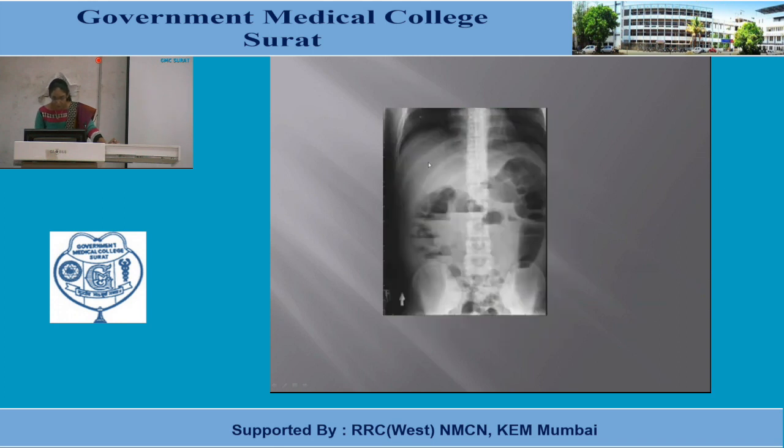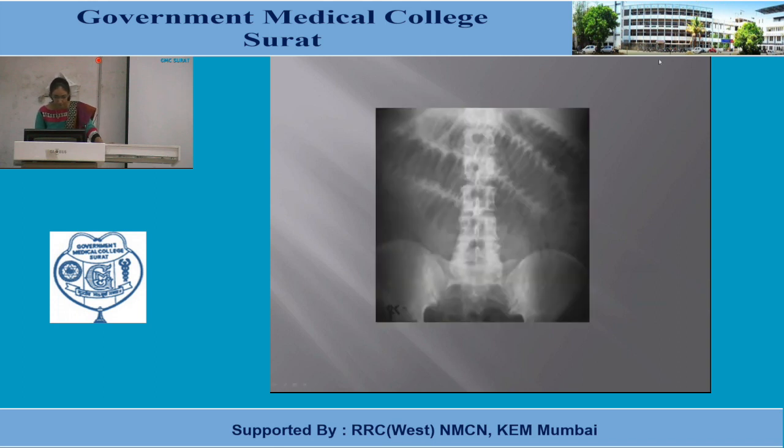This X-ray abdomen standing shows multiple air fluid levels within dilated large bowel loops. So this is mostly large bowel, and the possibility of large bowel obstruction is there. This is gas-filled jejunum, in which the characteristic sign of valvulae conniventes is present, and there is also an edematous wall of the jejunum seen in this X-ray.